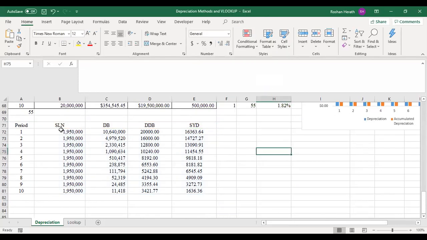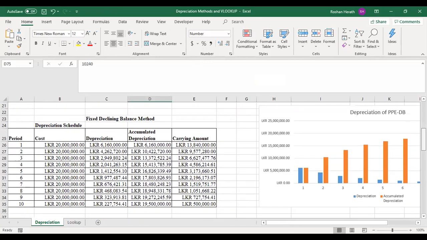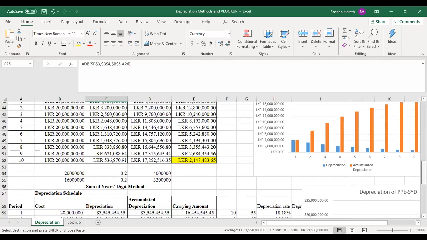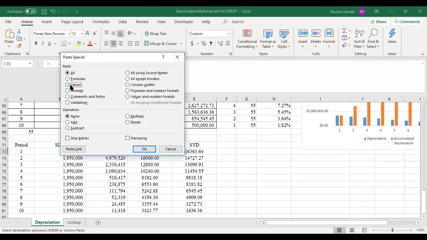Just to show you, I can select. Here I wouldn't have updated that. Give me 1 second. The first, you would have taken the depreciation under the fixed declining balance method. Just the values to be pasted,